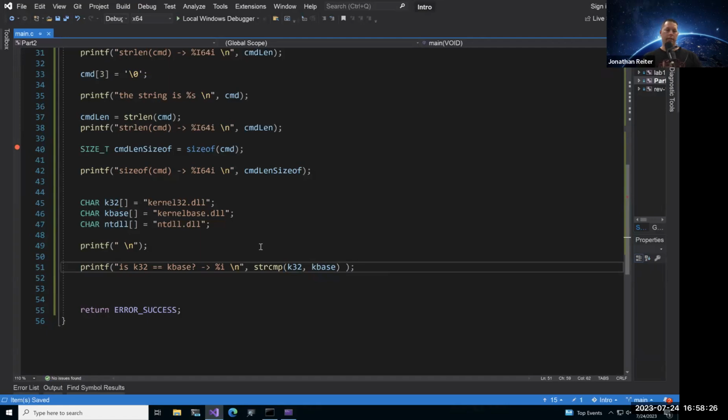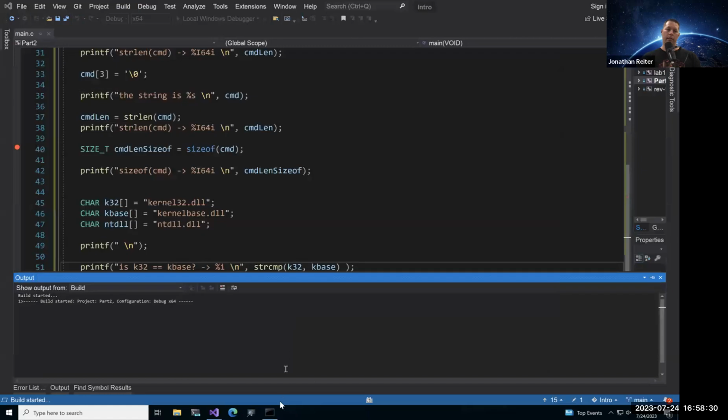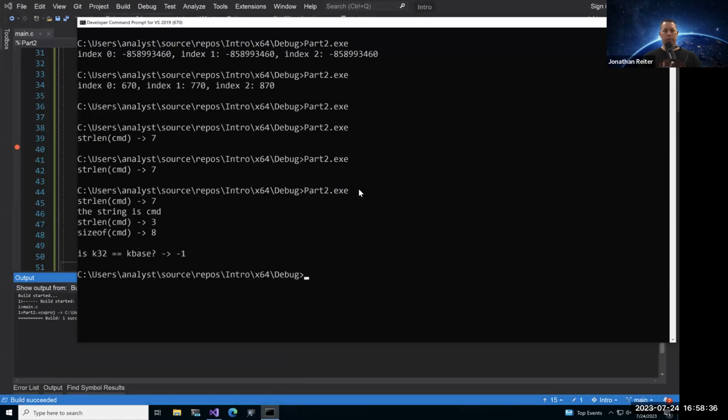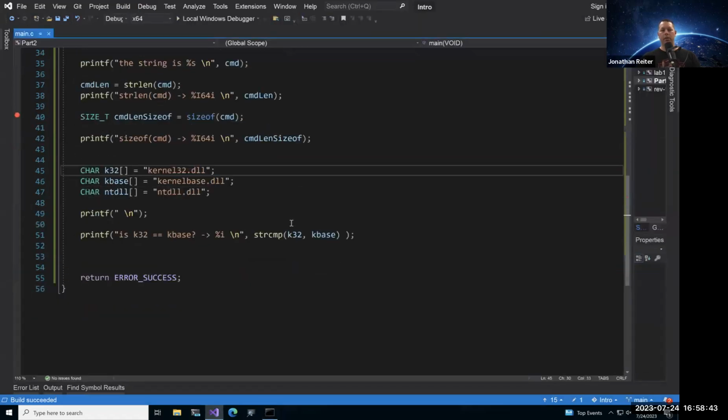Go ahead and save that one, build it, and then run it. And it says -1. Obviously those are not equal.